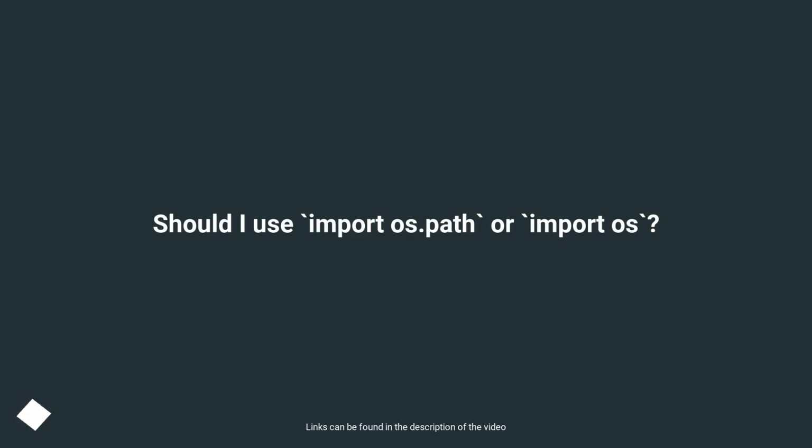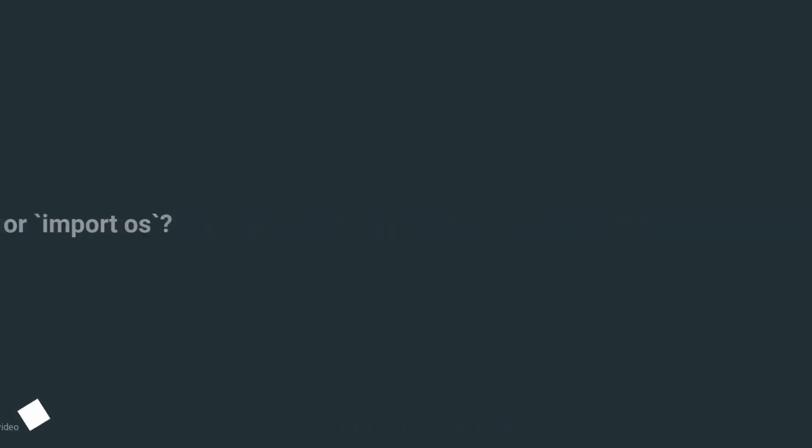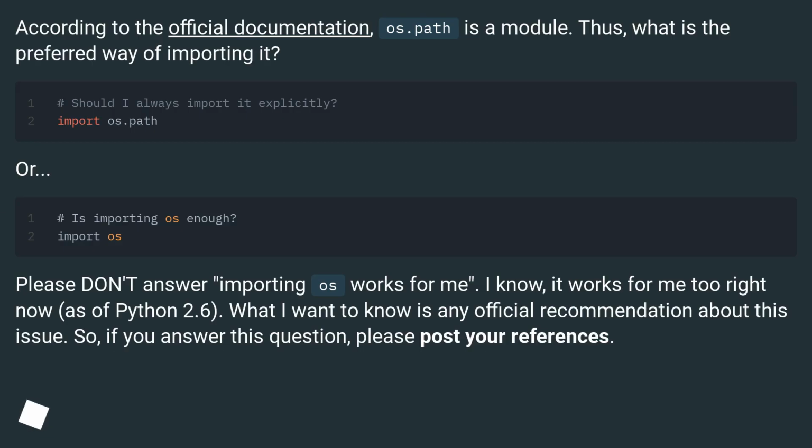Should I use import os.path or import os? According to the official documentation, os.path is a module. Thus, what is the preferred way of importing it? Or,